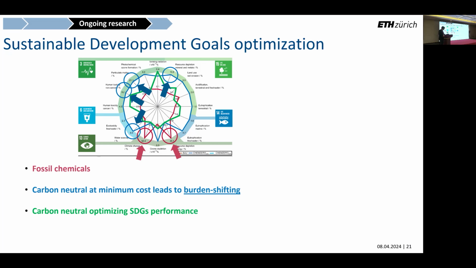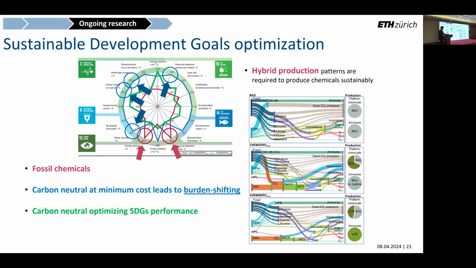Now, how is this done? Through hybrid production. All these technologies have complementary strengths. There is no silver bullet to combat climate change. You should, from our viewpoint, combine fossil, CCS, biomass, chemical recycling, CCU, all together to some extent. So finally, before I go to the conclusions very quickly,